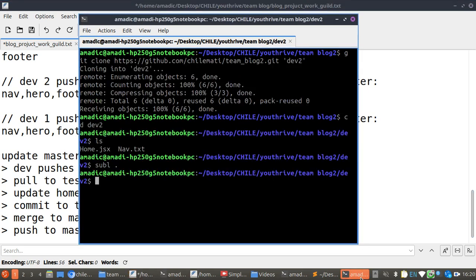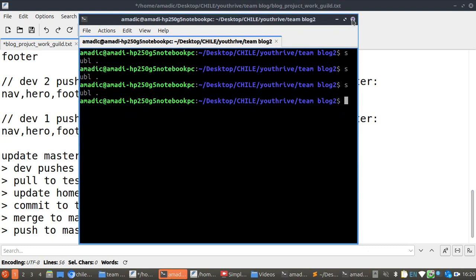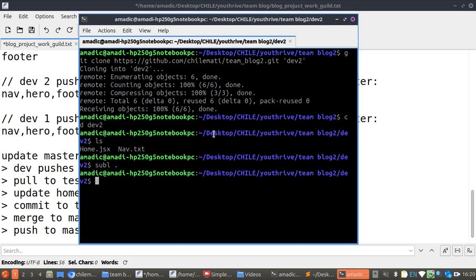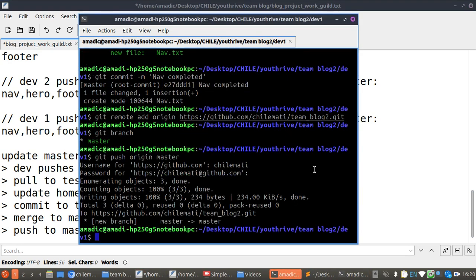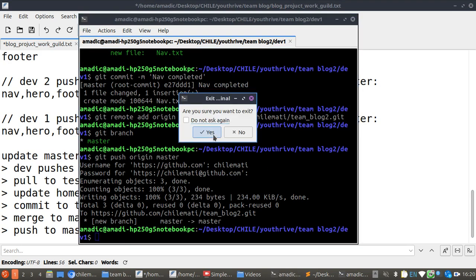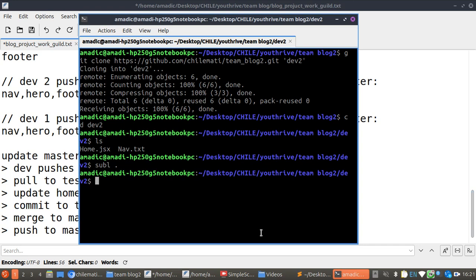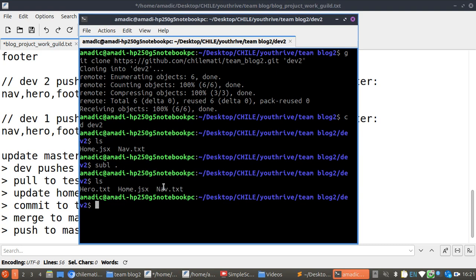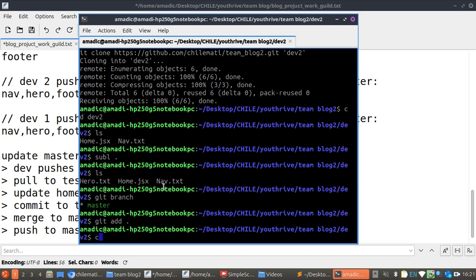I think I have my CD to block too. I think I should be closing this terminal so that I have this. So if I do my ls now, I'm going to see that I have my hero. So git branch, so there's only one branch, so git add space dot, so this is going to add,